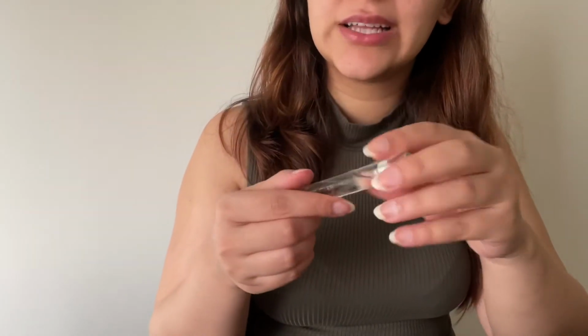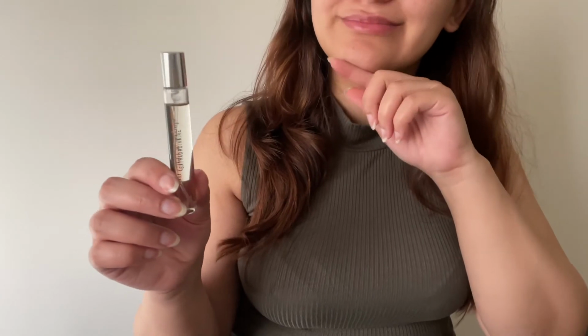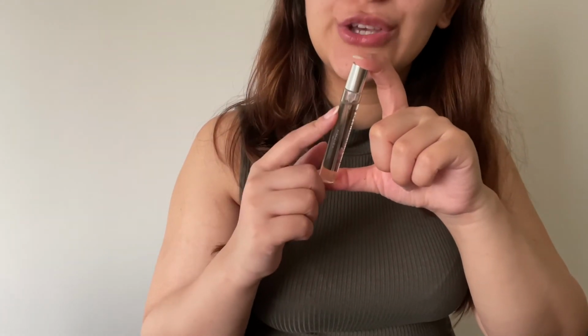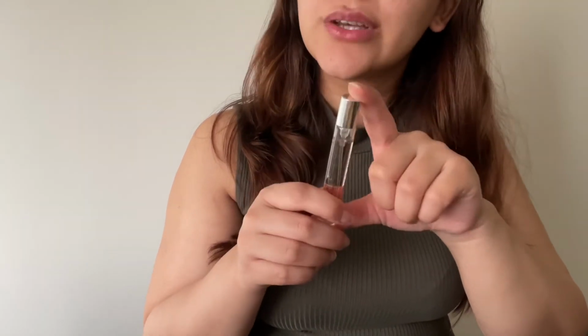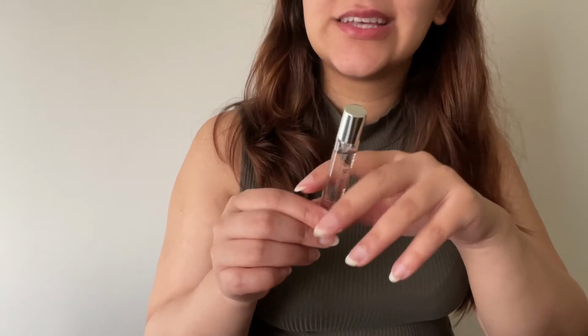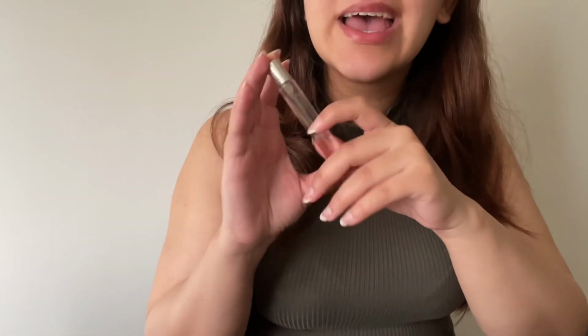And then the very last product I had in this project pan was my perfume. This is the Van Cleef & Arpels Moonlight Patchouli perfume. Like I said, haven't used it a single time. I think I'm gonna keep this, not use it, and take it traveling with me. This came from a box of 4 minis, so I think I will take 2 or 3 of the minis instead of taking a full-size perfume, just because it takes up less space and I can have